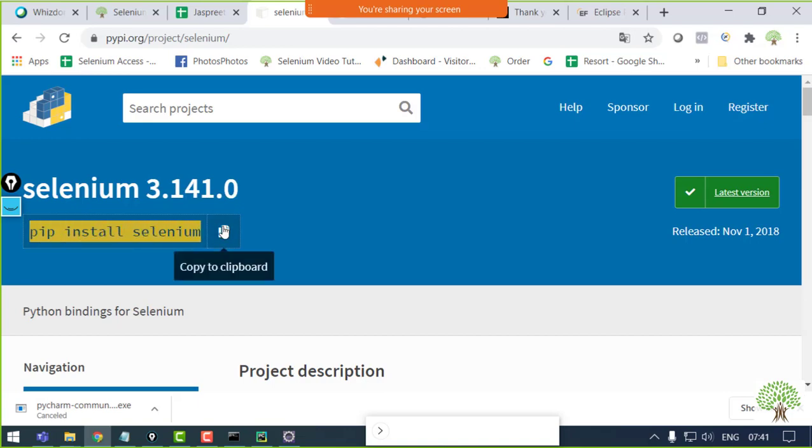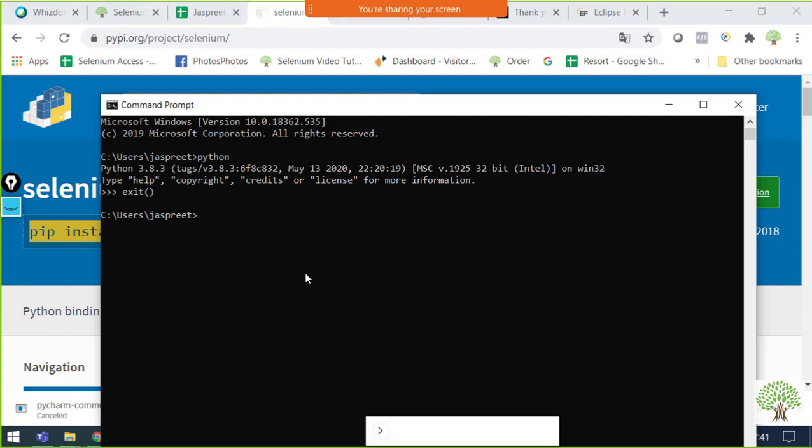Now I have it in my system, so it won't say that it has been installed, but it will say requirement already satisfied. But you need to use pip install Selenium. Now this pip is nothing but a package manager.